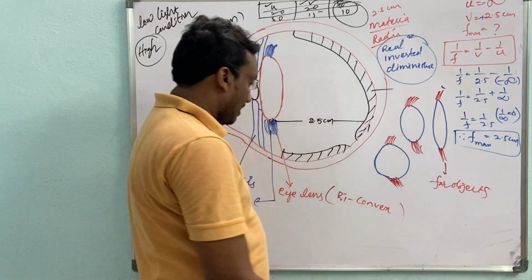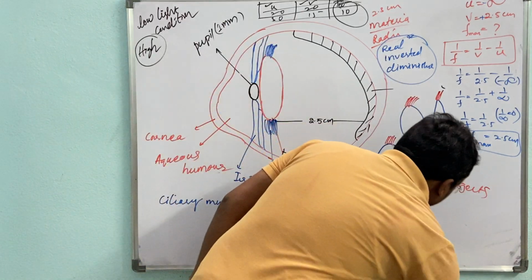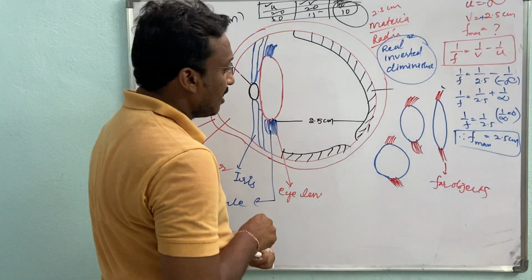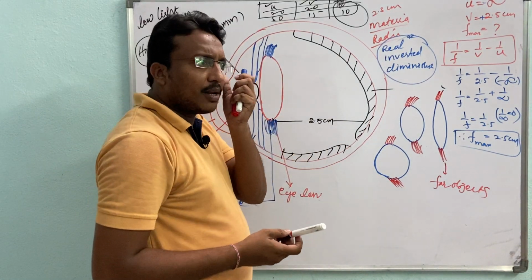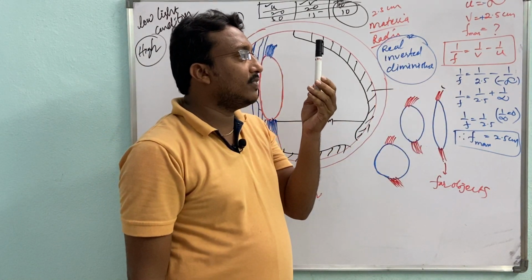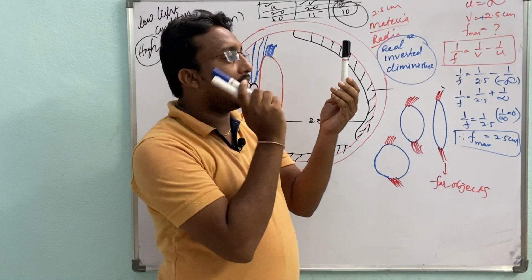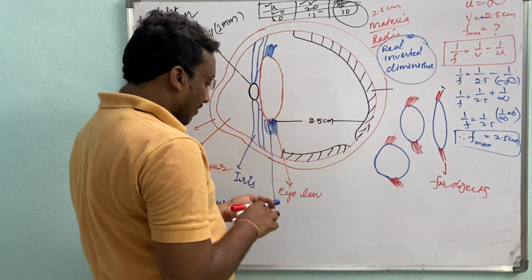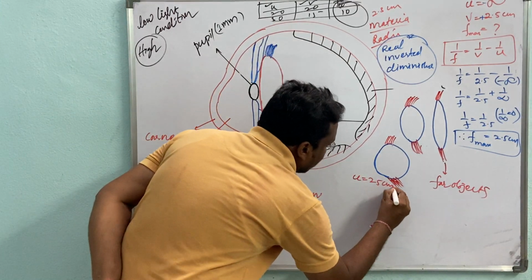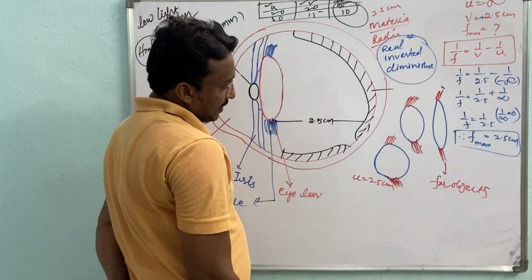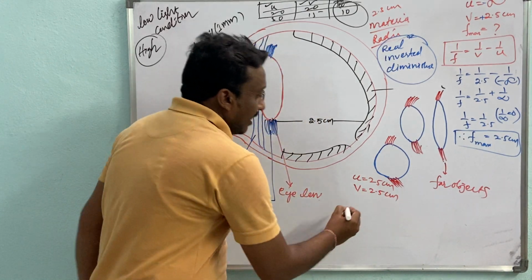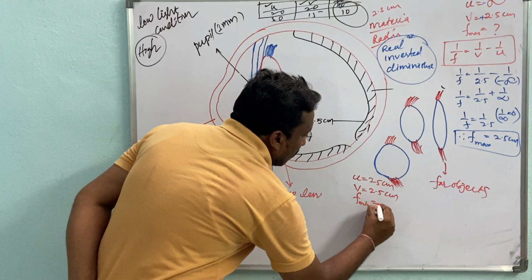Then in this case, what is the focal length? See here. Again the object is closer. Closer means when the object is kept at the least distance of distinct vision, I am able to see the object clearly, no? Then in this case I will take u as 25 centimeters. v is constant, 2.5 centimeters. Then f minimum equals,